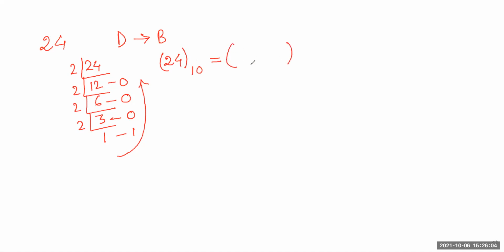Now you will say and I will write what is the value here in binary. What is the value of 24? 1 1 0 0 0. Base is 2. Okay, so in this way you can convert the decimal number to binary number.